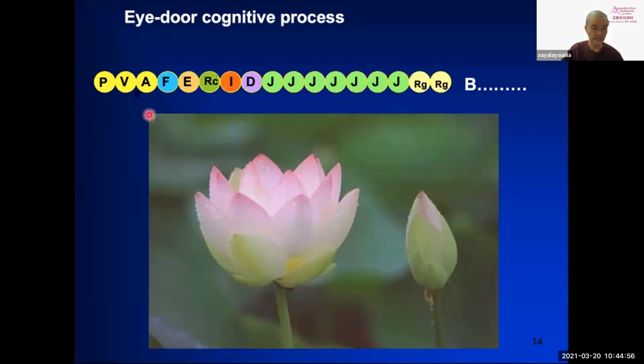So this 3 bhavanga is called process free. It's not cognitive process. It's out of cognitive process. Okay,